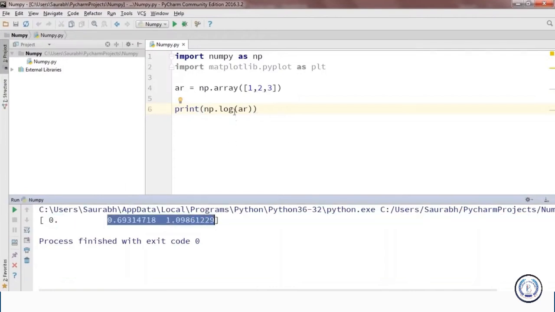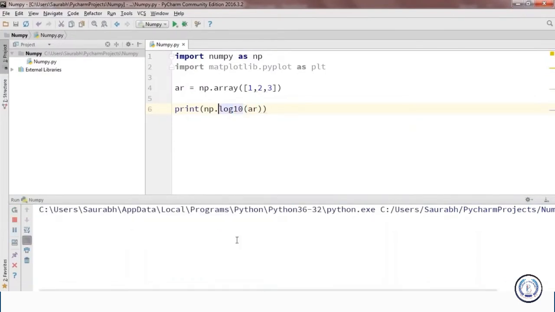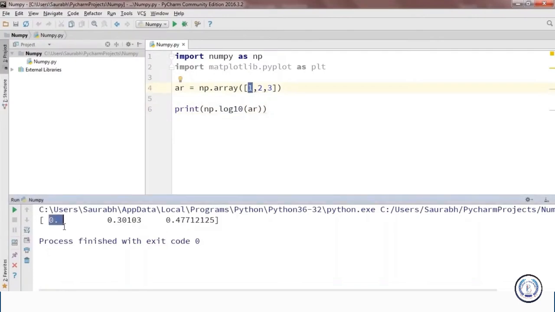Now, if I want log base 10 instead of ln, or you can say natural log, I can just write in 10 and go ahead and execute this, and you'll find log base 10 values. So obviously when the answer is 1, that means anything to the power of 0 is equal to 1. So the answer will be 0 here. And similarly, we have other answers as well. If you're unsure